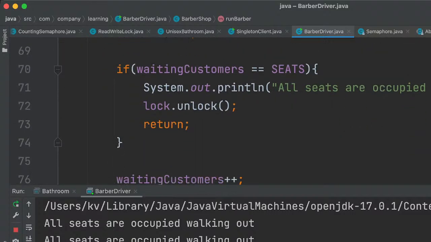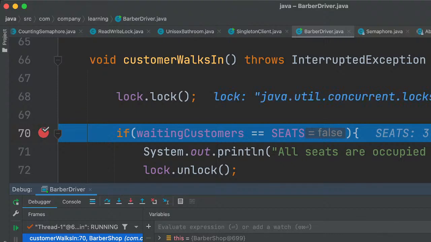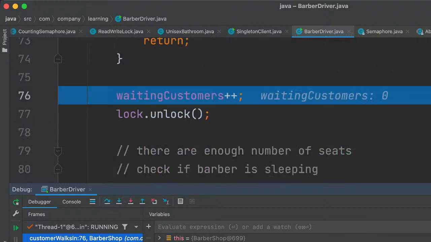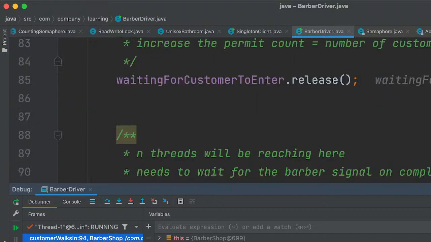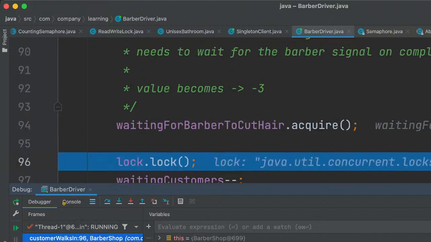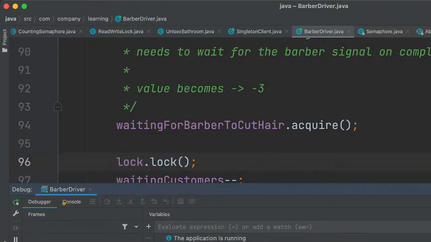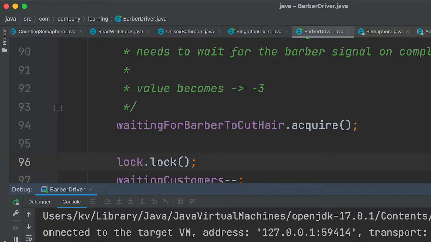So what is the initial waiting customer? So waiting for Barber to cut the hair. All seats occupied, walking out.